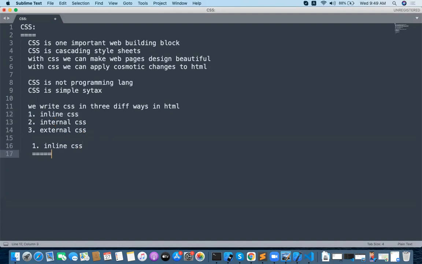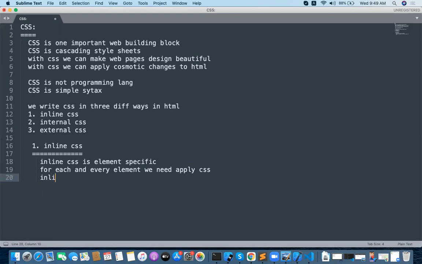Inline CSS is element specific. What does element specific mean? For each and every element, we need to apply some CSS. Inline CSS is mostly not recommended.